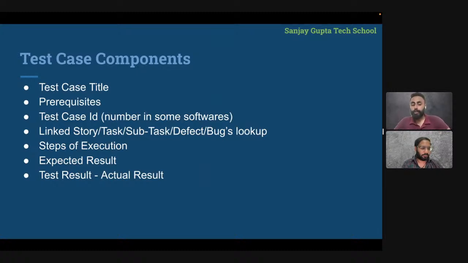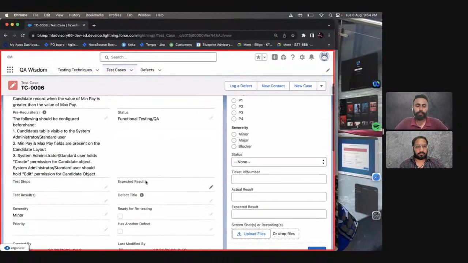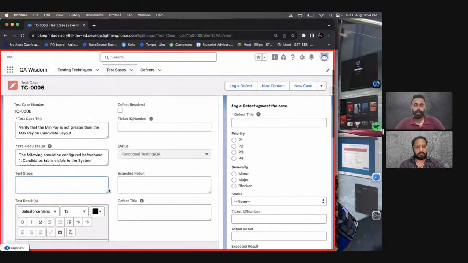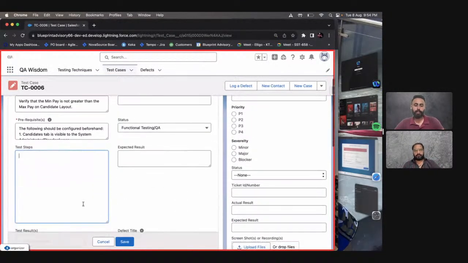Now, steps of execution, the most important part. You can say that steps of execution is in a way the backbone of a test case. A test case is the composition of the various steps that we include for executing a particular functionality. So now navigating back over here, editing this record so far, let's say we are testing it with the system administrator user. So our very first step would be